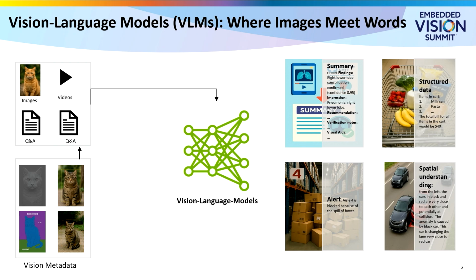Here on the left side, you can see the type of input any VLM can take in is a combination of vision plus text. You can think of your inputs as multiple images, single images, or videos, and the question is key for any use case. So what kind of questions are the VLMs trained on? Those can be general Q&A, multiple choice questions,